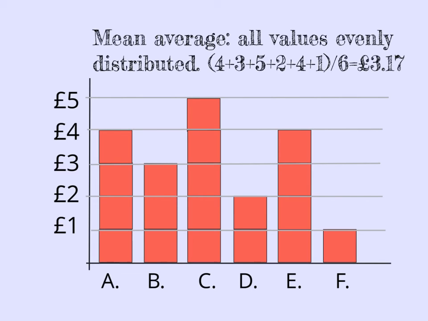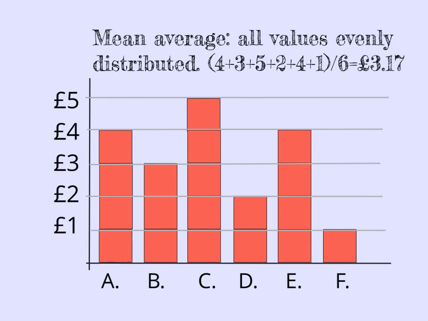We then divide the sum of the values by the number of values that we have. So we have 6 values. So the sum, 19, is divided by 6, which gives us 3.1666666. So if we round it up, we're going to have about £3.17 as the mean average amount of